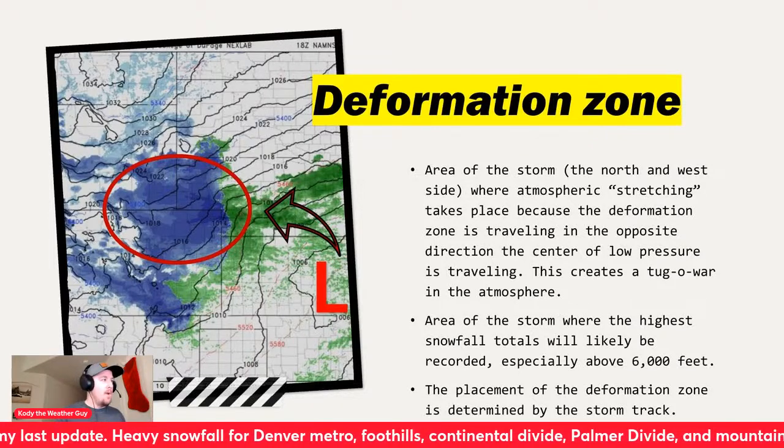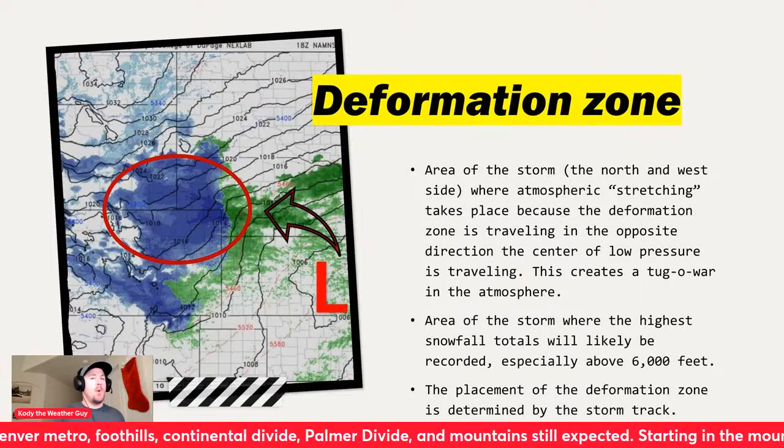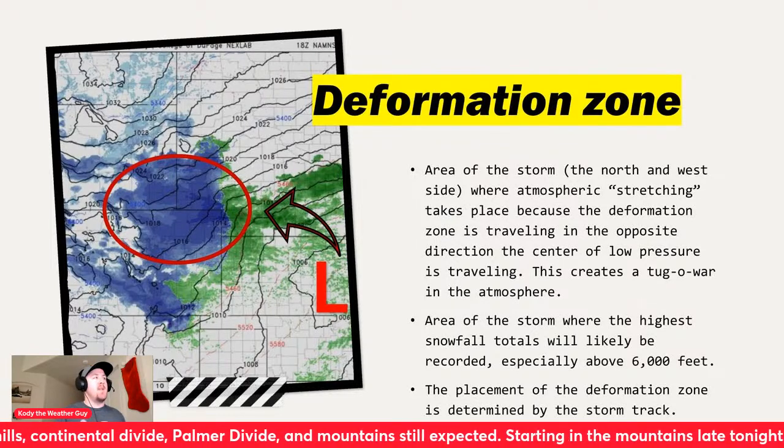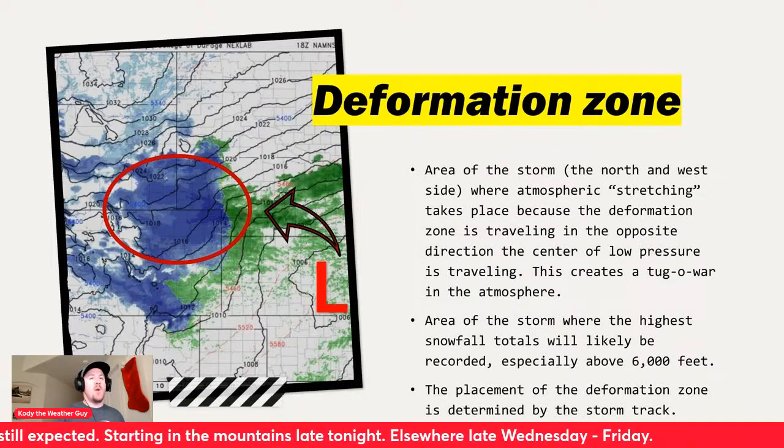Okay. You might remember in 2021, remember the huge March blizzard we got in 2021? The deformation zone set up right over Cheyenne, and they got 3 feet of snow. So deformation zones have huge implications